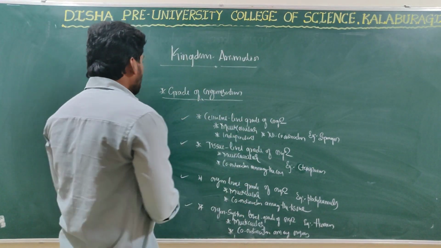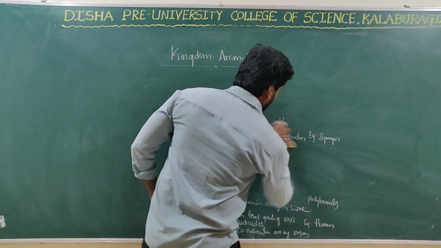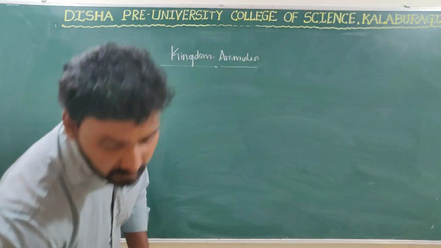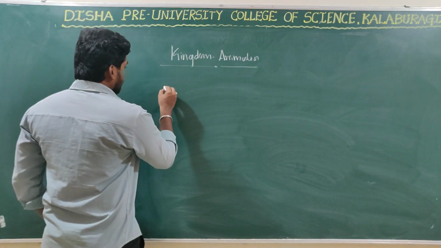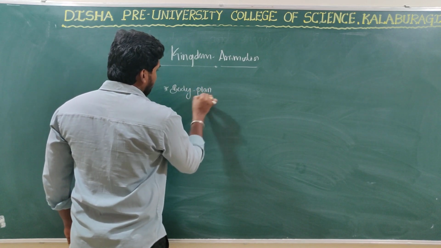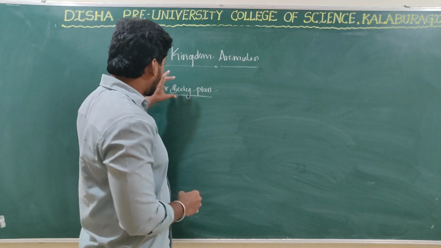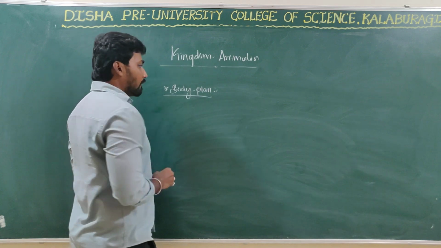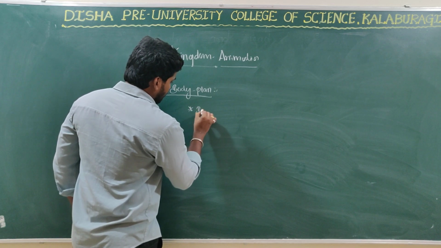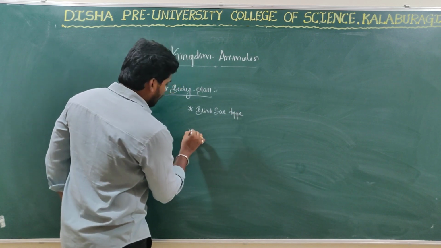And again, we move on to the next classification, that is body plan. Okay, body plan. In this category, we are again classifying the animals into cell aggregated, blind sac type, and